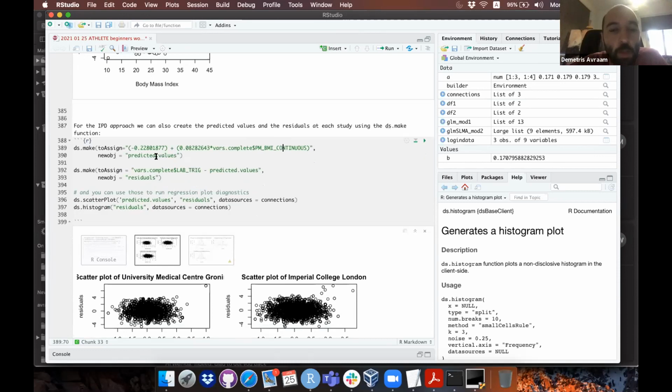We can do similar way to create the residuals. So the residuals is just the difference between the outcome variable minus the predicted values. I told you before that these two objects are not returned back to the client because they are disclosive. If we return those two back, anyone can make the difference and get back the actual outcome variable. So this is the reason that we block the return of those two back to the client. But in that way, you can create those in each